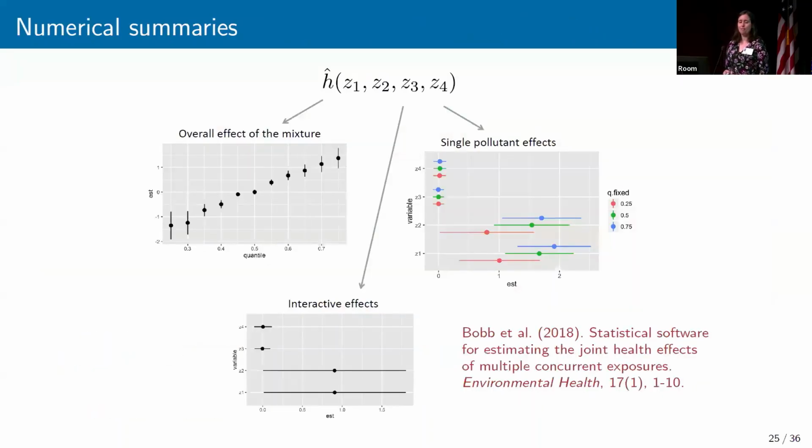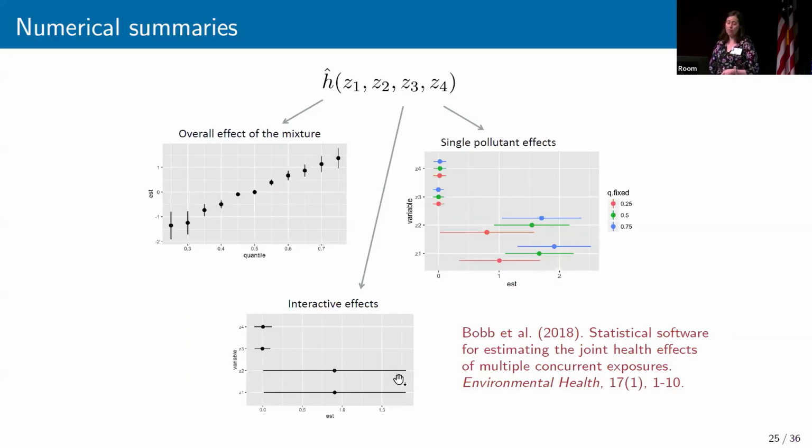So we've already seen some variants of these plots before. Taking that exposure response function that we had, we get estimates of the overall effect. So here the 50th percentile is the reference, and then we compare when all of the exposures are at these different quantiles compared to when all of the exposures are at their 50th percentile. These are showing plots of the single pollutant effect. So again, Z3 and Z4 had no association in the generated data, had no effect in our simulated data set. Z1 and Z2 did. And so this is suggesting potential interactions because we're seeing that the single exposure effect of Z2 changes when we vary the levels of the other exposures, and similar for Z1.